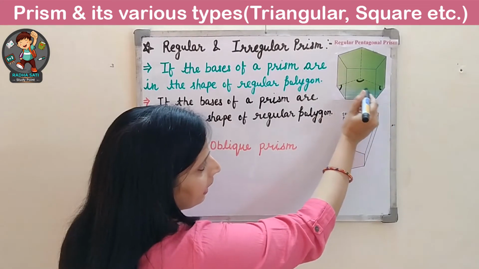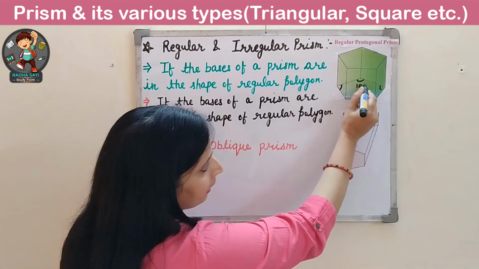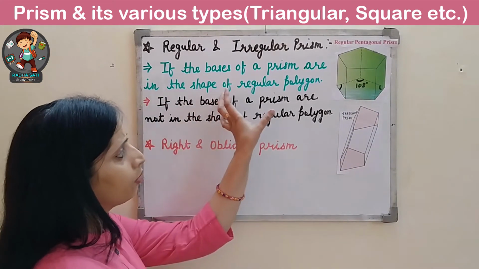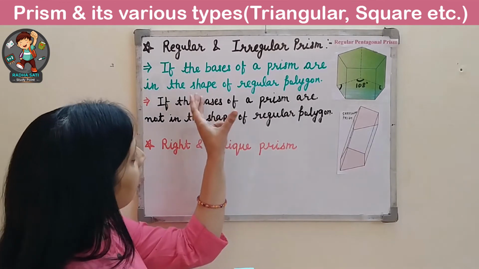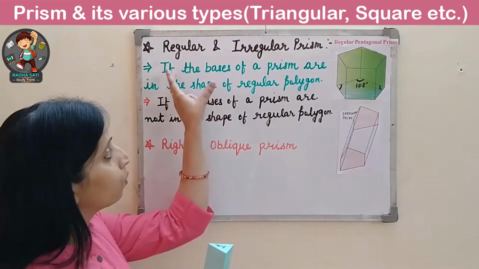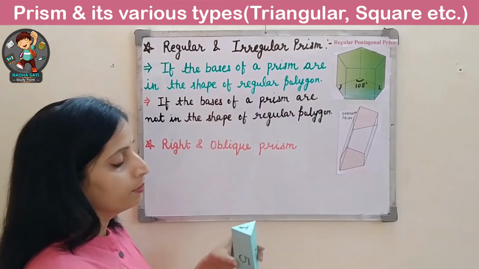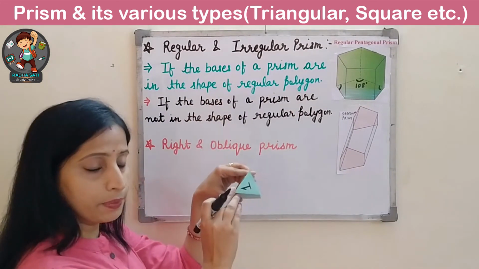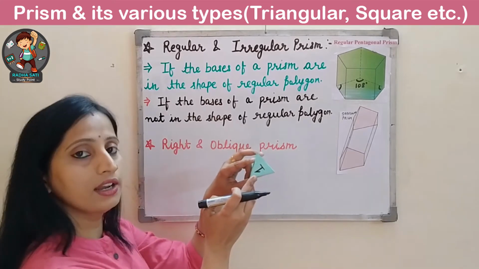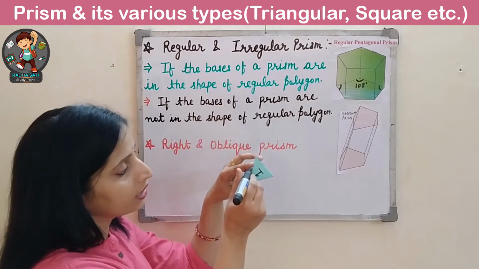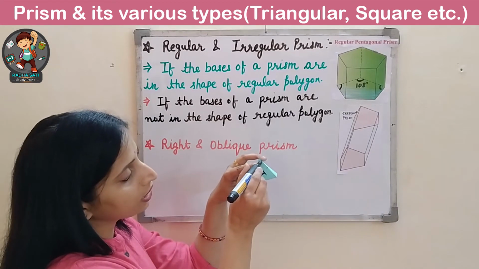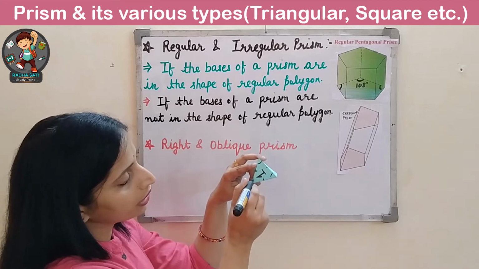In a pentagon, the angles will be of 108 degrees. Okay. And apart from this, all the types of prism which I have shown you in the video were also regular prisms. Because here in this triangular prism also you can see that this is an equilateral triangle. So it is a polygon whose all 3 sides are equal and all the 3 angles are also equal.